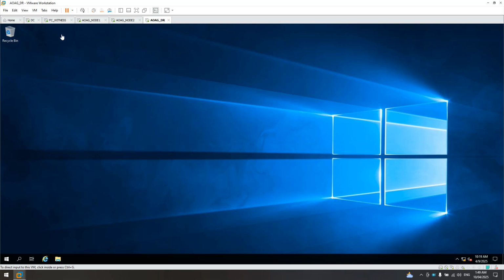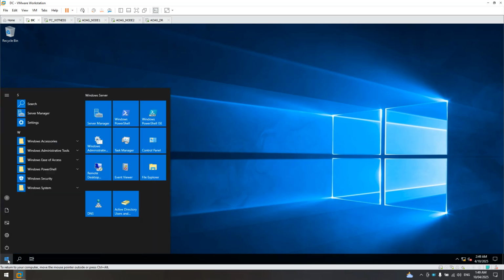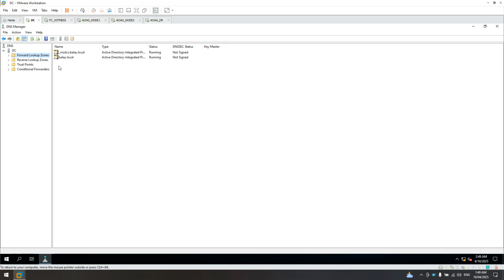Before we start, I'm going to discuss what the purpose of the DC workstation is. This one is a domain controller, where the domain controller has the DNS feature installed and Active Directory Users and Computers. In the DNS, it will show you the DNS name is balay.local.